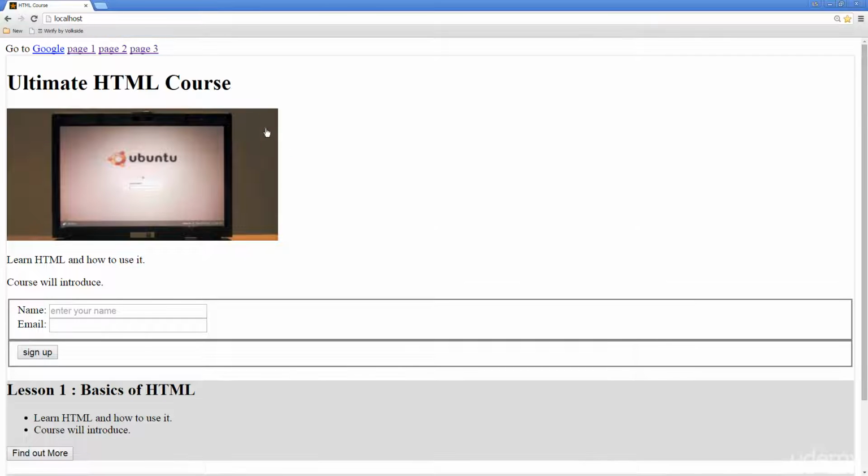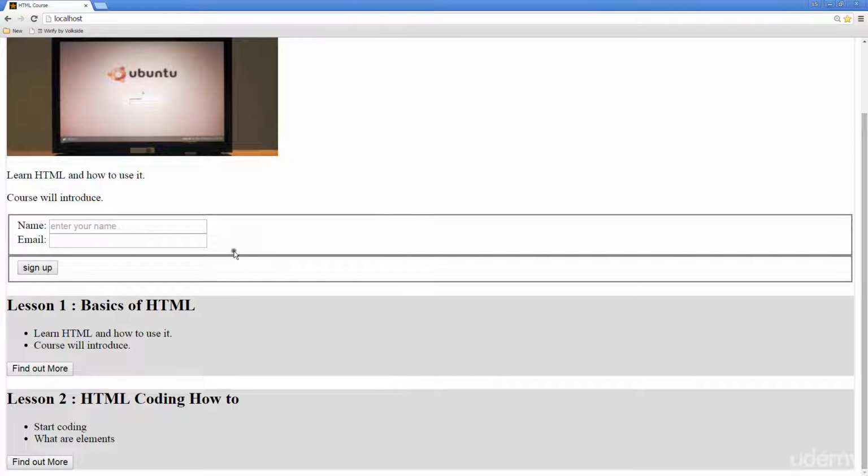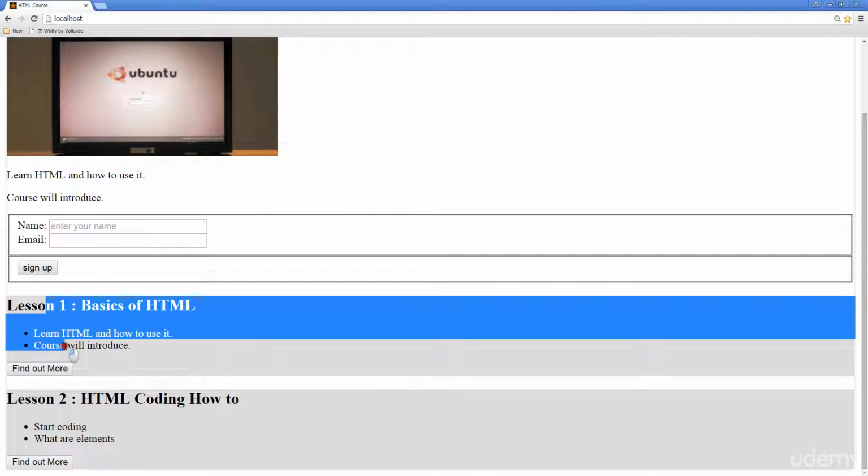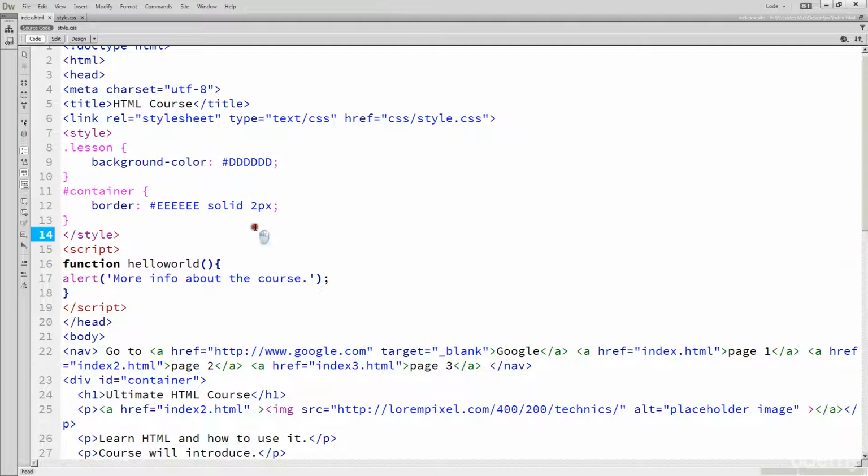So as you can see, we've got our navigation here at the top. We've got an introduction, a heading here. We've got a little bit of content. We also have a form, call to action, and then we've got some additional information about what's being presented on this page itself. So when we go to the code, we